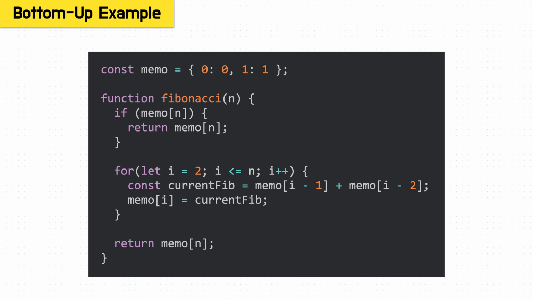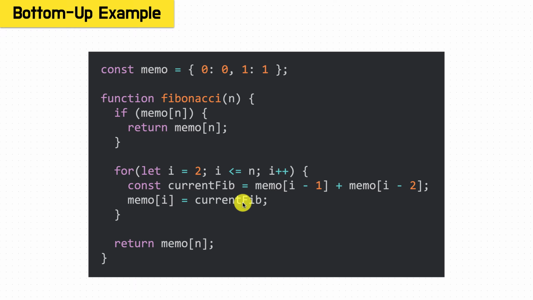So let's view that in code. We initialize the hash table. Then we have this first if statement, so if we ever call this function again and we've calculated a value, we can return. Then, since we have the first two Fibonacci numbers, we start at 2 and we iterate to n. The current Fibonacci number is just the sum of the prior two, and then we store that value in the memoization hash table. Once we're done, we've calculated the nth Fibonacci number and can return that value as the